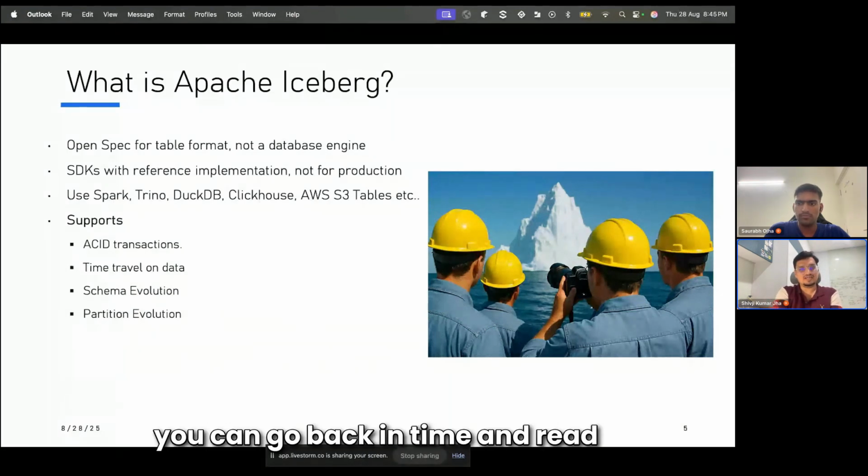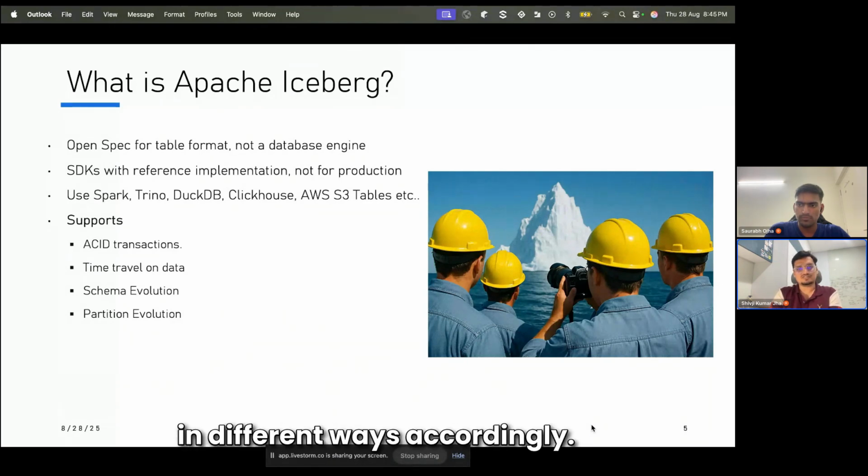So you can go back in time and read the data. Schema evolution is important because nobody really knows in your business how it is going to change. Once it gets to users, the businesses change in different ways. Accordingly, the schema has to obviously evolve. Otherwise, it's very hard. You can make partitions and stuff, so you segregate data and store them nicely.